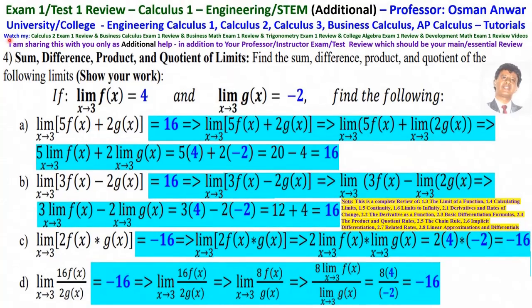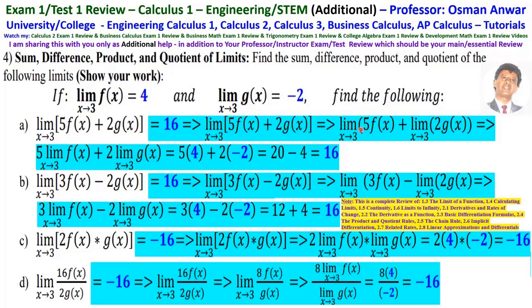Number 4 is find sum, difference, product, and quotient of limit. If limit as x approaches 3 of f of x is equal to 4, this is known, and limit as x approaches 3 of g of x is minus 2, find limit as x approaches 3 of 5 f of x plus 2g of x,